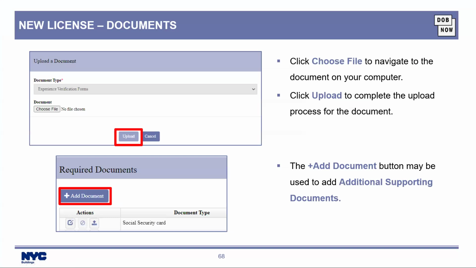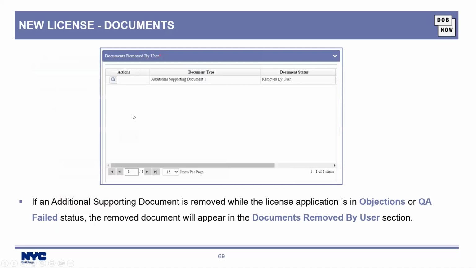Once you click that, you're going to click Choose File to navigate to the document on your computer, and then you'll click Upload to complete the process. And you'll do that for every required document. You can also choose to add additional supporting documents, and you do that by clicking the big plus Add Document button. I'll show both of those to you.